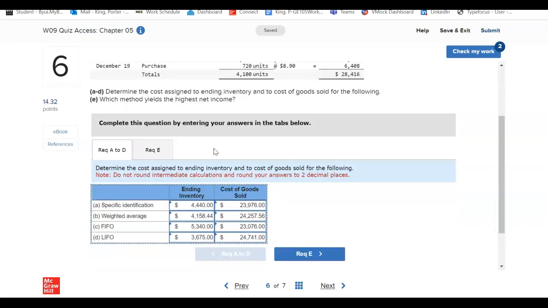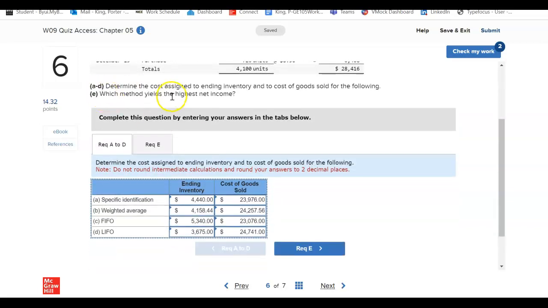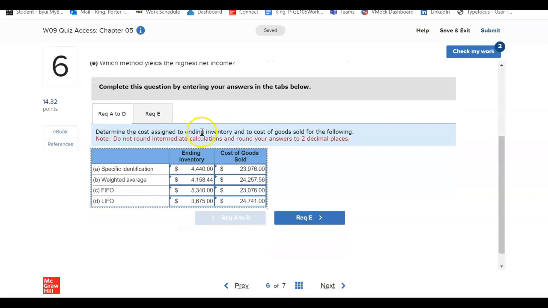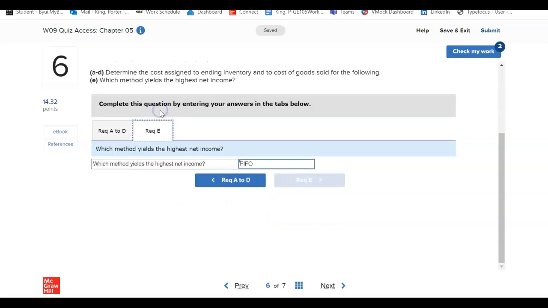But now to figure out the last one of which method yields the highest net income. And as we can see from the cost of goods sold, as well as our ending inventory, the method that will yield